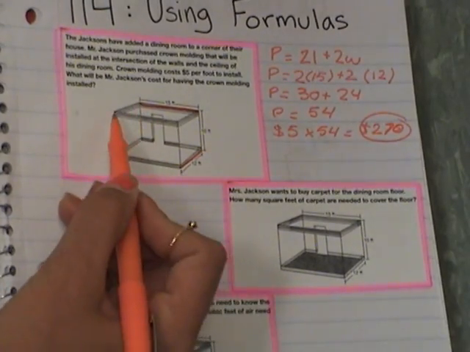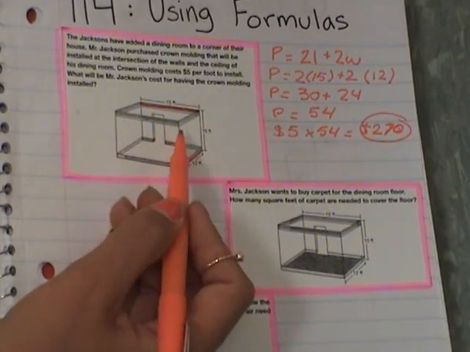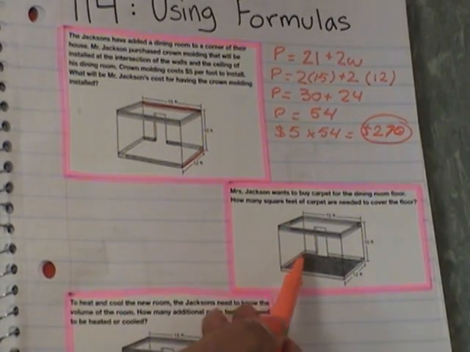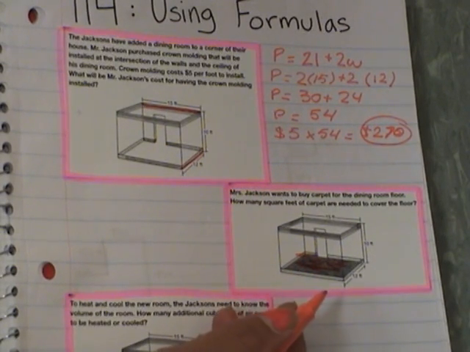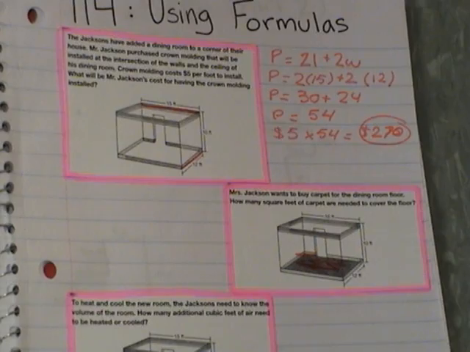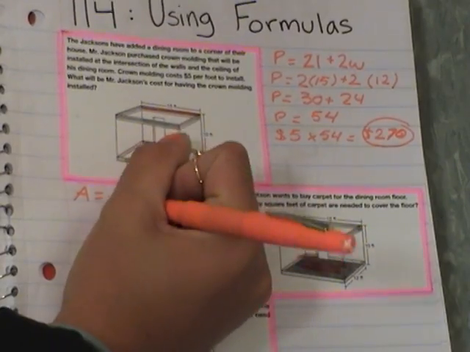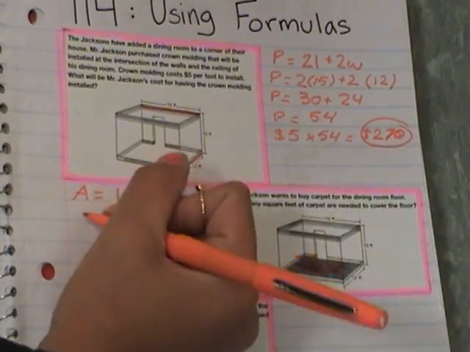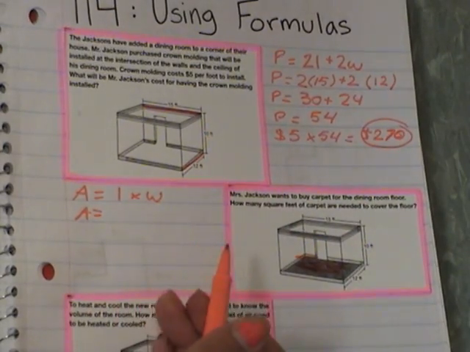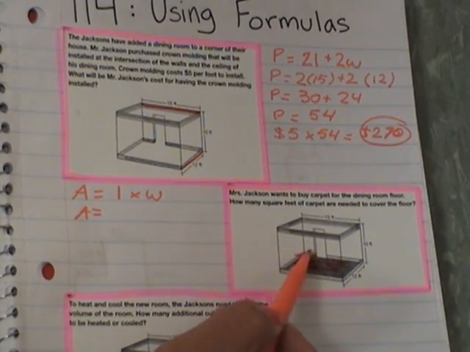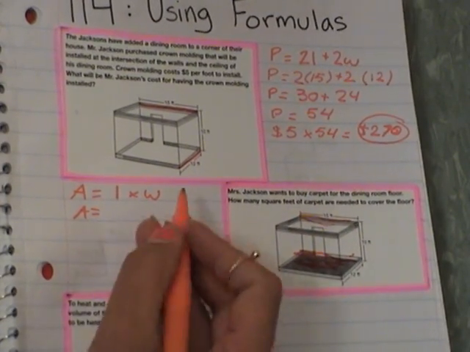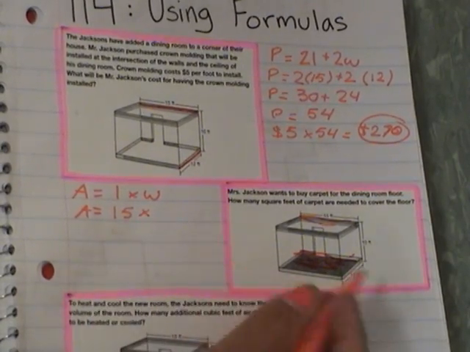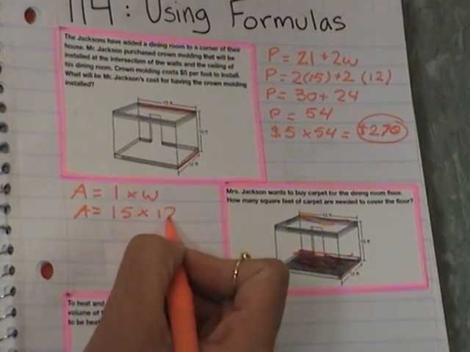And before, we just wanted to know the perimeter of this crown molding that we needed up here. But now we need to know everything that is inside of this area. So we're going to do length times width. I'm going to write area, or A, equals length times width, just so I can remember. So my area is going to be, if you look, my length right here all the way through is 15, same as the top is the bottom. So 15 times my width, which is right here, 12,